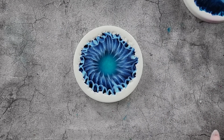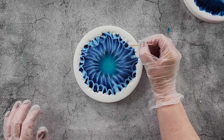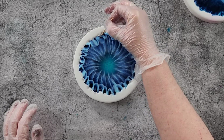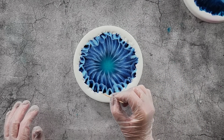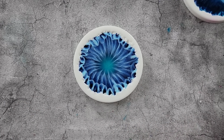All right, so that's pretty much it now. Relatively simple. Just going to put a little bit of this into some of those little edges there, just to make it a little bit more symmetrical. Not really going to make much difference. All right, so